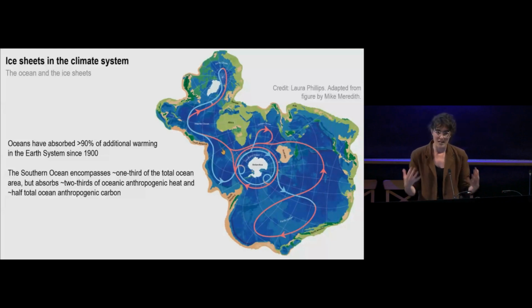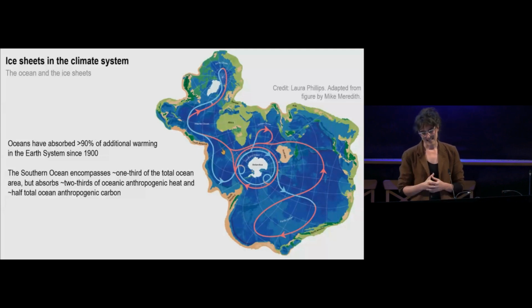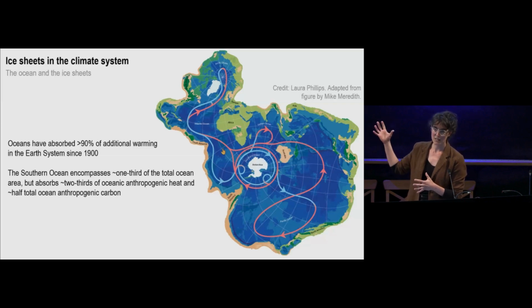So we know ice sheets are important, but do we really need fully coupled interactive ice sheets that capture interactions between the ice sheet and other components of the Earth system? And I hope that I don't have to convince you, but I'm going to try anyway. And that, of course, has become more important given that we're in a climate-changing world. And oceans have absorbed over 90% of the additional warming in the Earth system. The Southern Ocean alone is absorbing about two-thirds of oceanic anthropogenic heat,